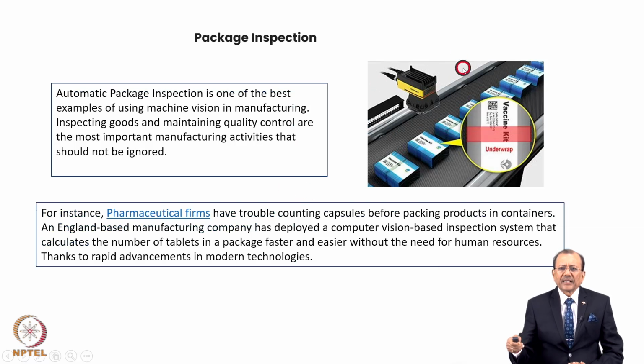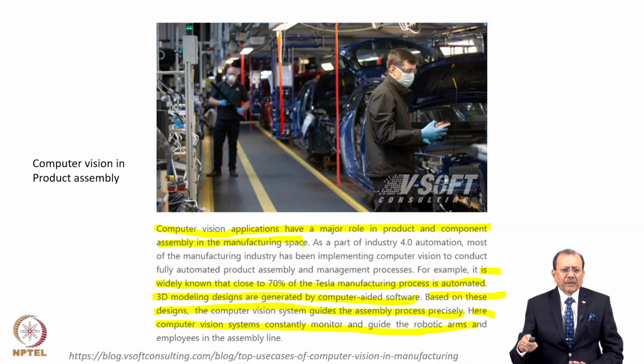You can see a camera watching those packets and trying to figure out what kind of medicines are in the packet, whether it is complete, whether there is any shortage in the medicine packaging, and if it finds some shortage, it will immediately alert, or immediately figure out that this packet can be taken out. This is another very great example of computer vision in product assembly. It helps the workers doing product assembly in any kind of manufacturing plant, so that if any anomaly is there, the workers can find this anomaly and take remedial actions.